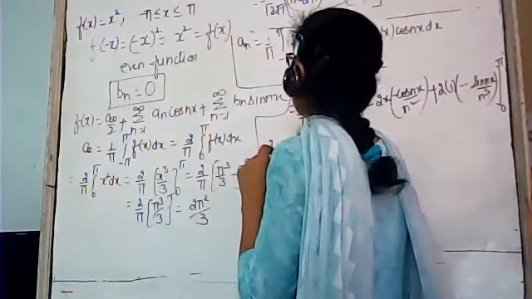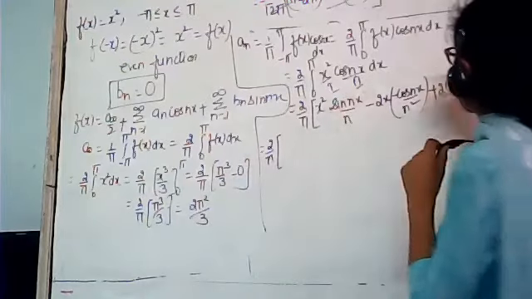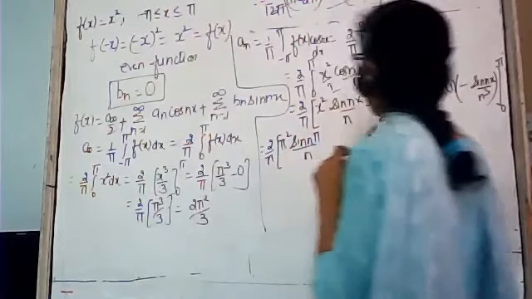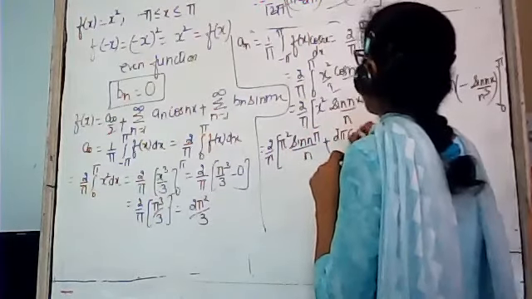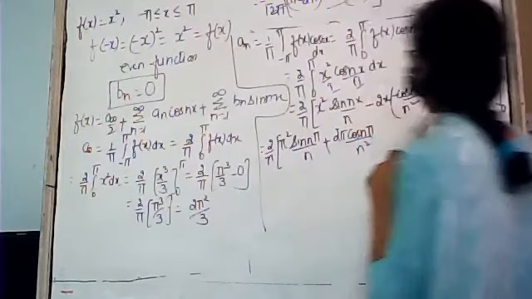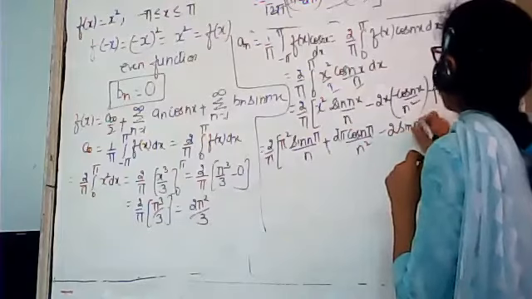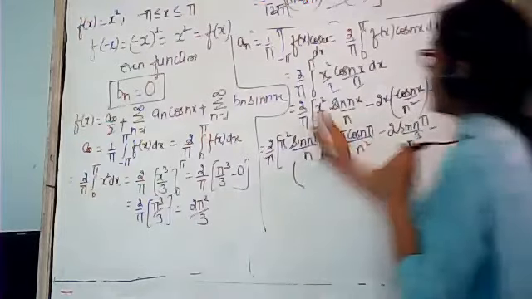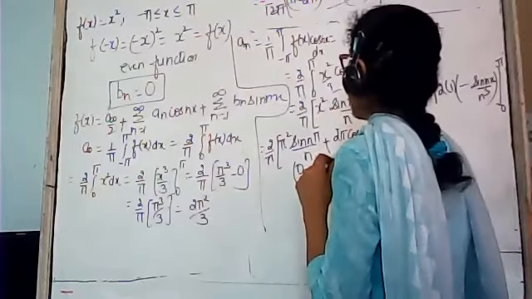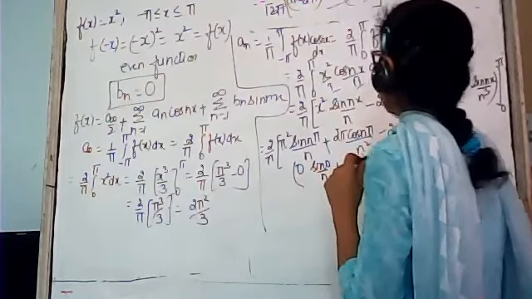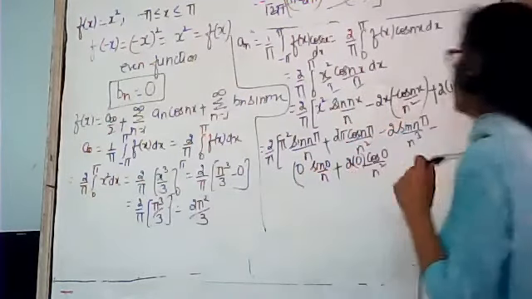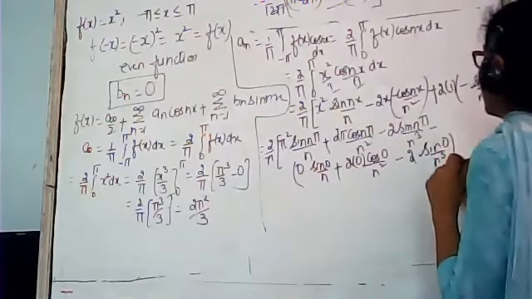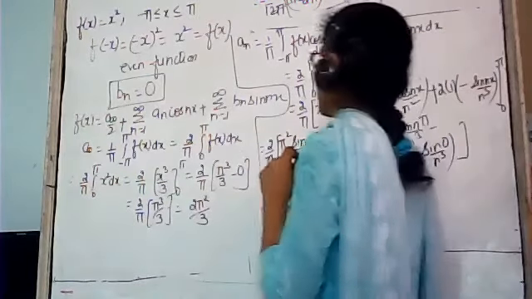This is equal to 2 by pi. Substitute the limits. This is pi square sin n pi upon n, plus 2 pi cos n pi upon n square, minus 2 sin n pi upon n cube. Then minus sign, substitute lower limit, it will become 0. Sin 0 upon n plus 2 into 0 cos 0 upon n square minus 2 into sin 0 upon n cube. This will be equal to 2 by pi